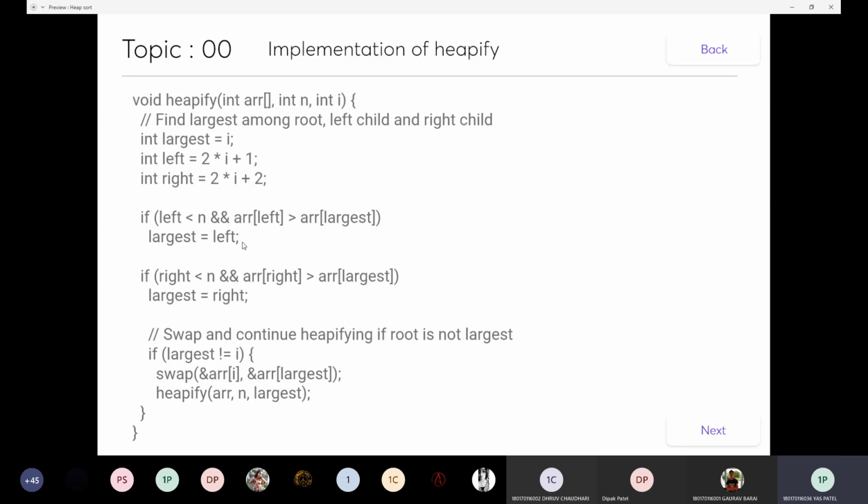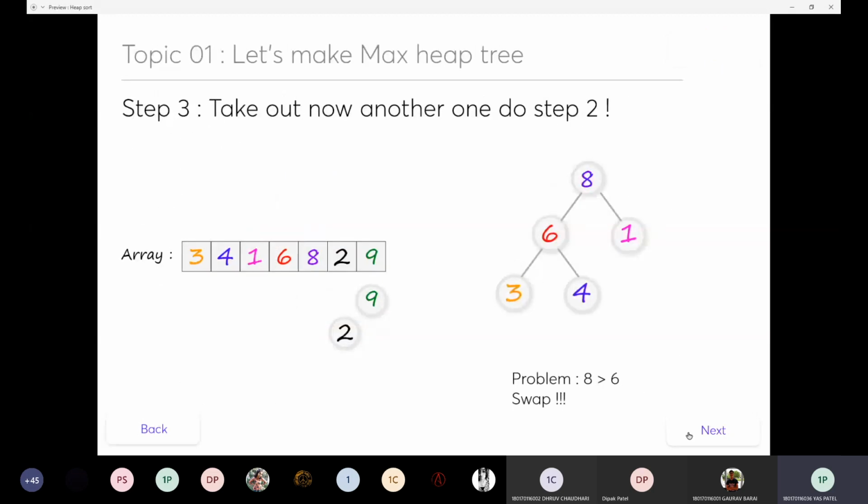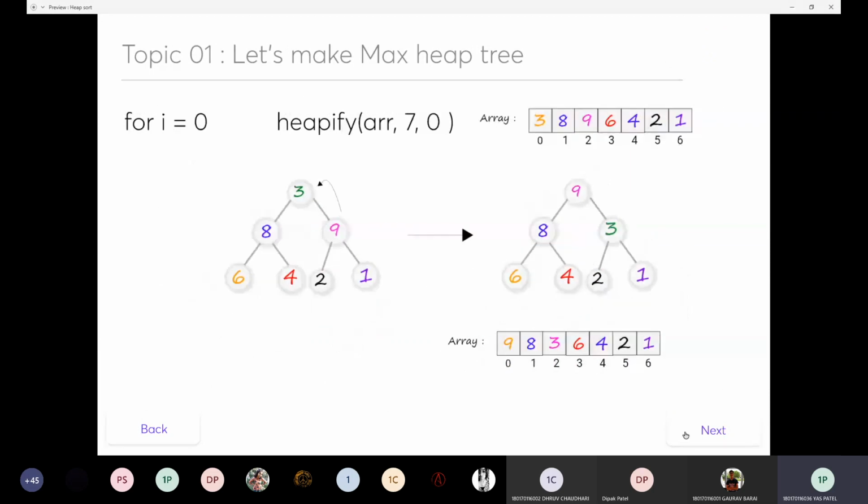So if the left child is greater than the largest one, set it as the largest. And if the right child is greater than largest, then set largest equal to right. So let's see that.